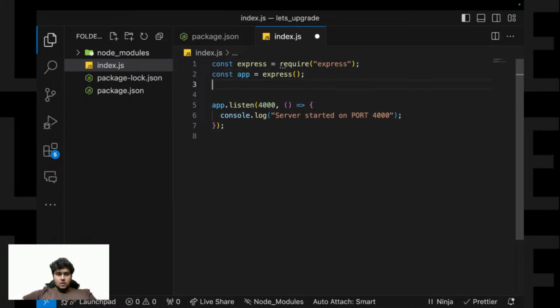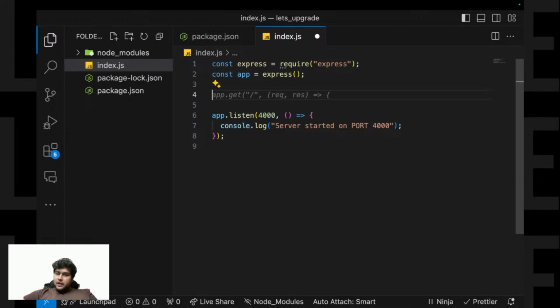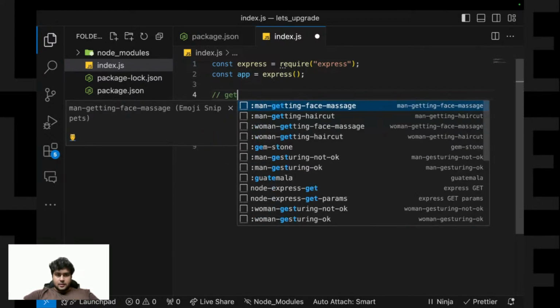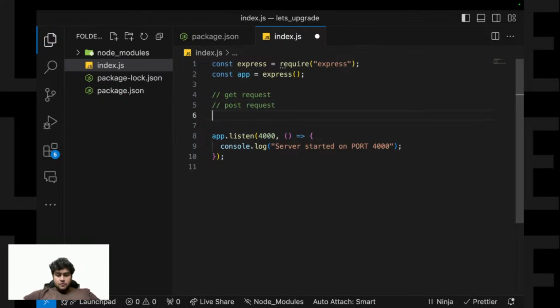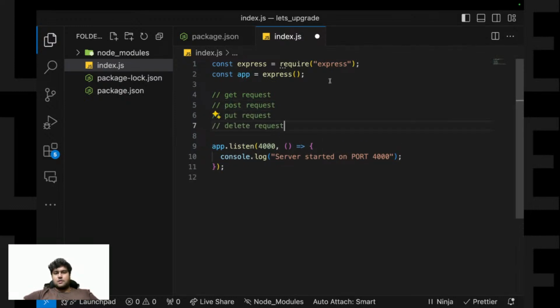So there are different types of server requests: get request, post request, put request, and delete request. We use get request whenever we have to get the data. We use post request whenever we have to send the data. We use put request whenever we have to update the data, and delete request whenever we have to delete the data.